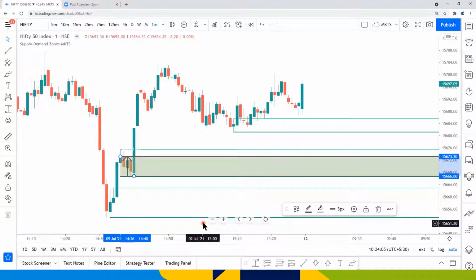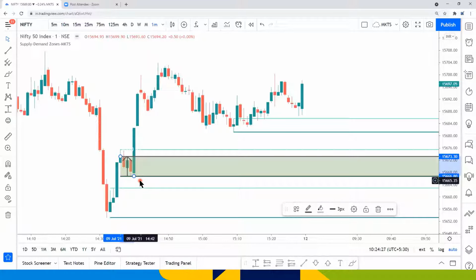Why is the zone size different? Yashwant asks why the zone size is different. That depends upon the candle here. In the basing candle here, it is a narrow range candle, so that's why the zone size is smaller. Here you have the basing candles a little wider, that's why the zone size is different. So depending upon the structure of the basing candles, it will plot the width of the zone.